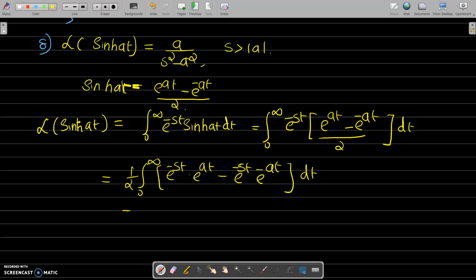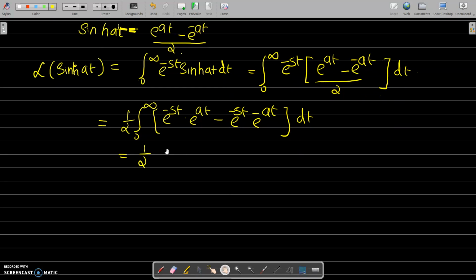Okay, so this is equal to 1 by 2 into integral 0 to infinity of e raised to minus of s minus a into t minus e raised to minus of s plus a into t